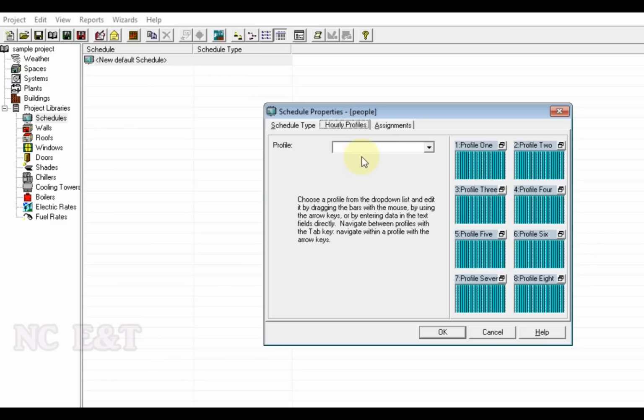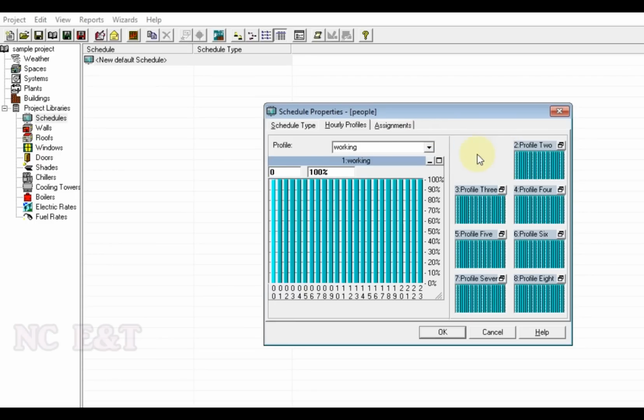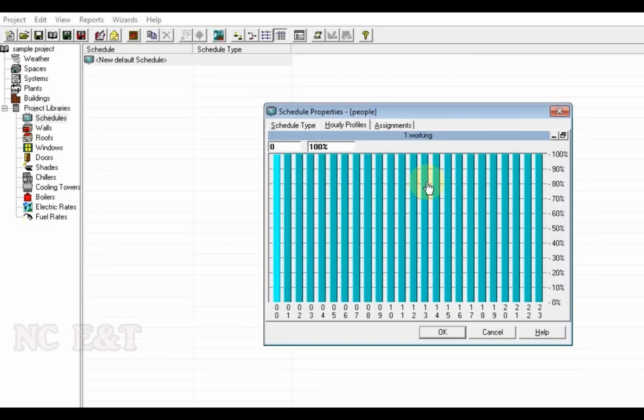Then we will assign the profile. Let us say profile 1 for the working days. In working days, assume our office timing is from 8 to 5.